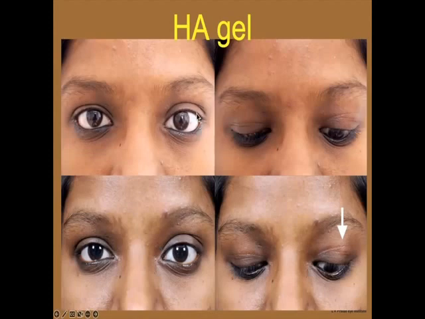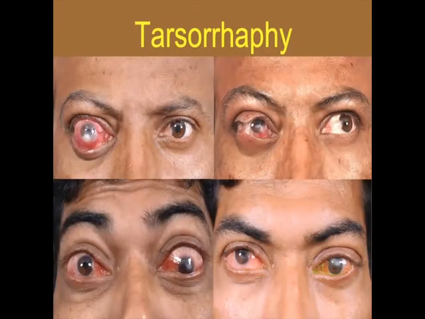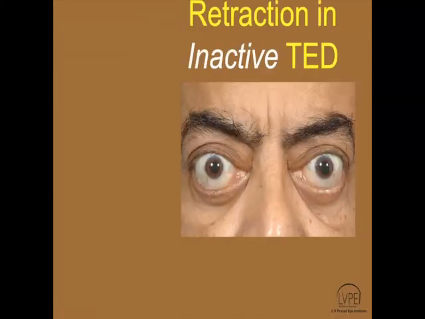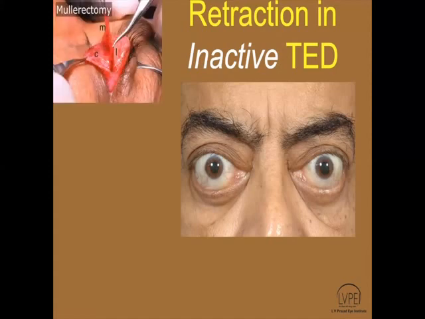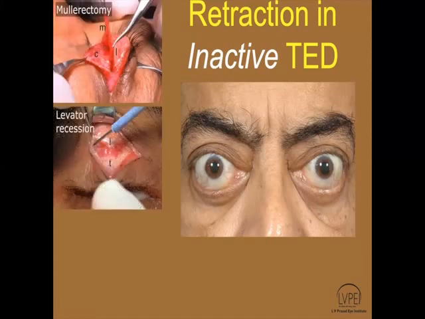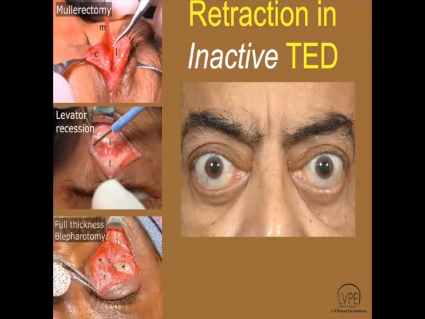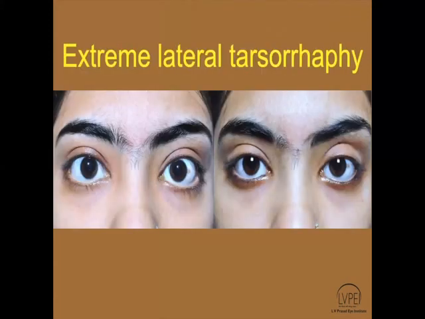Hyaluronic acid gel can also add weight to the upper eyelid and improve mild upper eyelid retraction. Tarsorrhaphy is almost always indicated in functional cases such as keratopathy and infectious keratitis, which can either be in the form of lateral paramedian or an extreme lateral tarsorrhaphy. In the inactive phase of the disease, we can target either the Mueller's muscle, perform a levator recession, or a full thickness blepharotomy. Extreme lateral tarsorrhaphy is a very good option for mild upper and lower eyelid retraction to correct